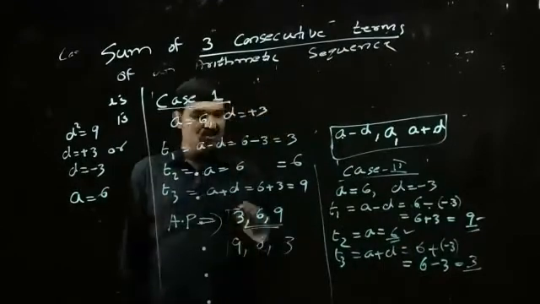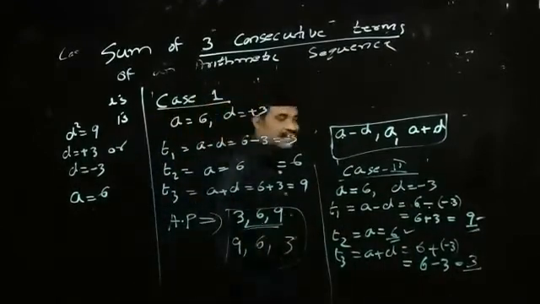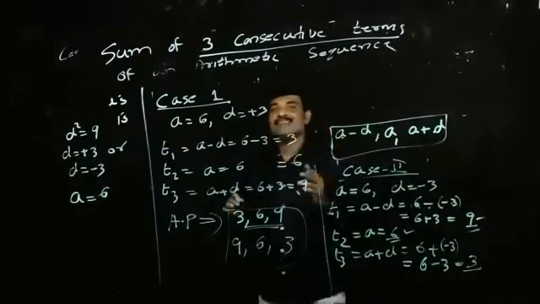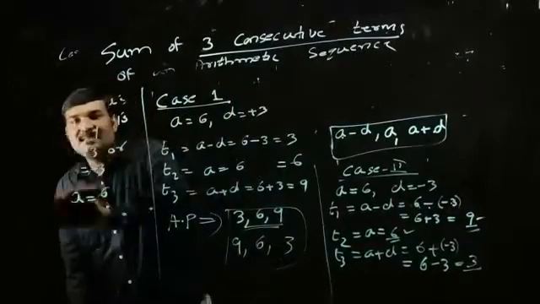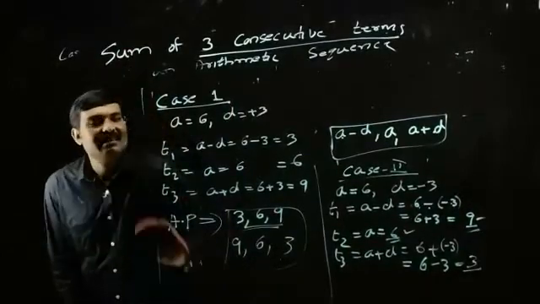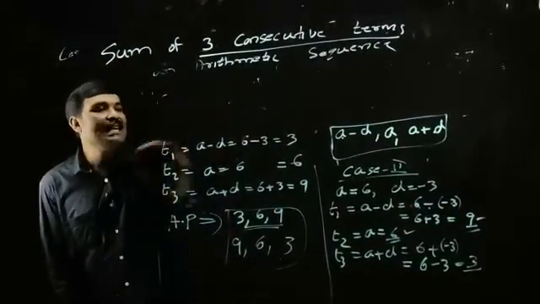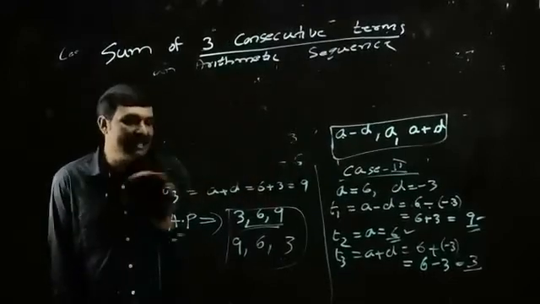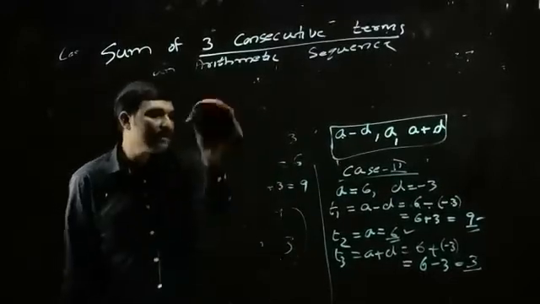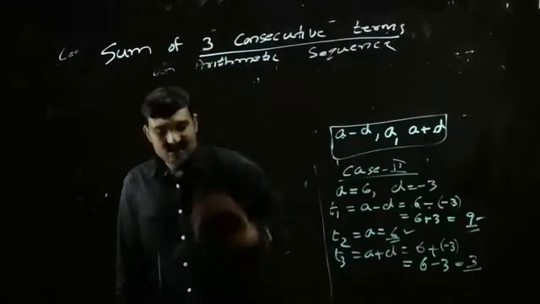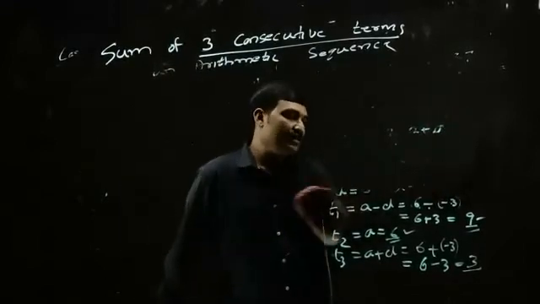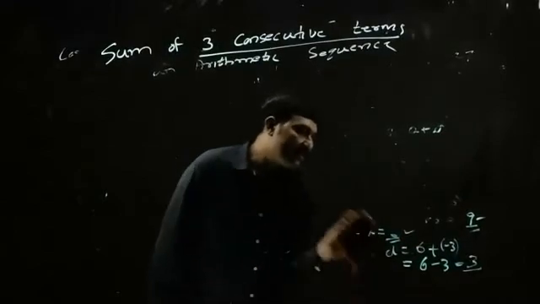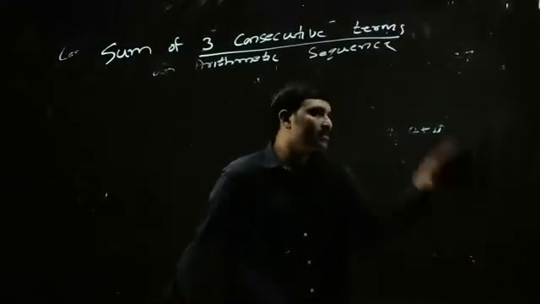So these are the two arithmetic sequences. Both are the same, but the numbers are arranged in two different manners. This one is in ascending order, and the other is in descending order. Suppose 5 terms are given, the sum of 5 terms and whose product may be given. Then how will we choose the numbers? In that case, we can choose the numbers as